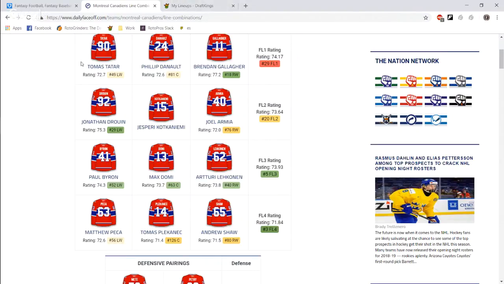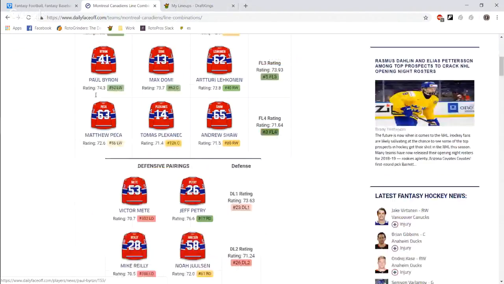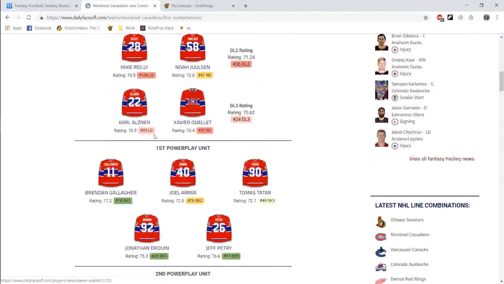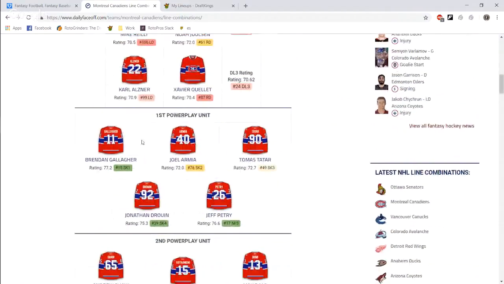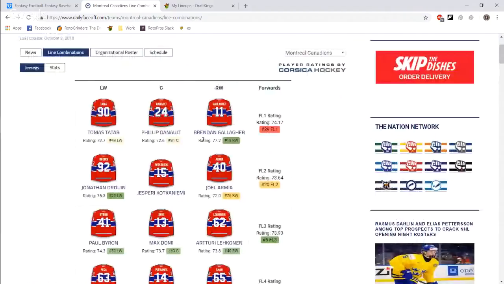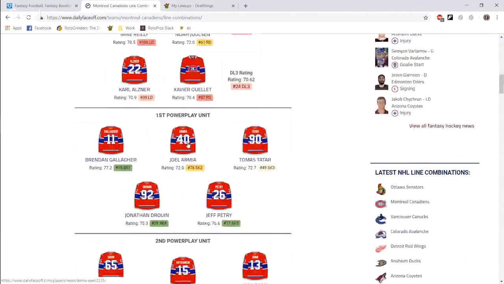So those are the 3 players to target for Montreal. Petrie likes to take tons of shots too, so that's something to consider. But again, we want to look at the power plays and see how this lines up. So I think you can go Gallagher, Tatar, but then Armia kind of stands out like a sore thumb here